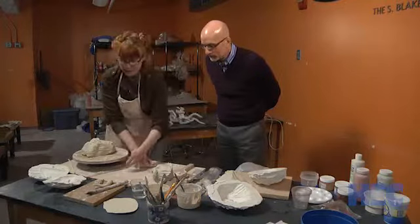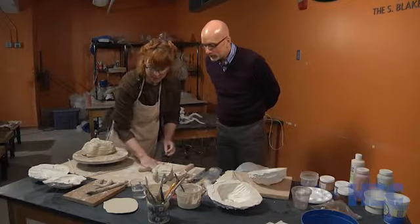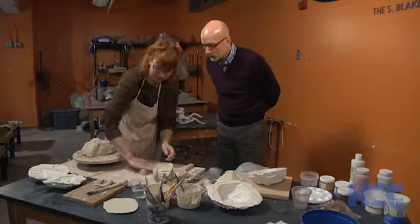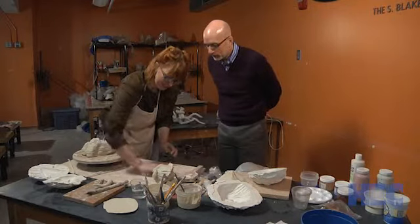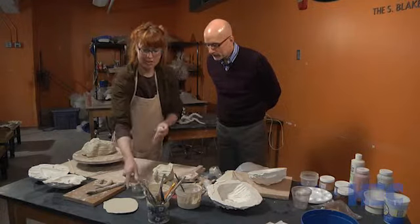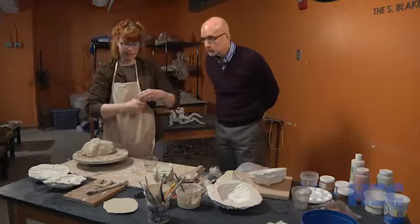So this piece you're building here, you're forming what's going to become a tentacle? Right now, this is going to be a tentacle. I don't know if you guys have ever made handles before. I was making handles, and I wanted to do something a little extra. So I'm just rolling it out, tapering one end, and then I'm going to stick it in the water. And if you guys have ever pulled handles before,